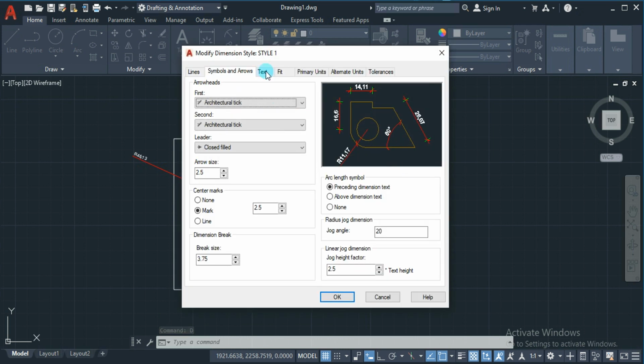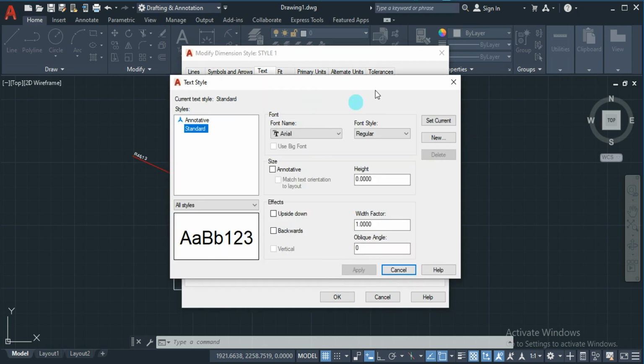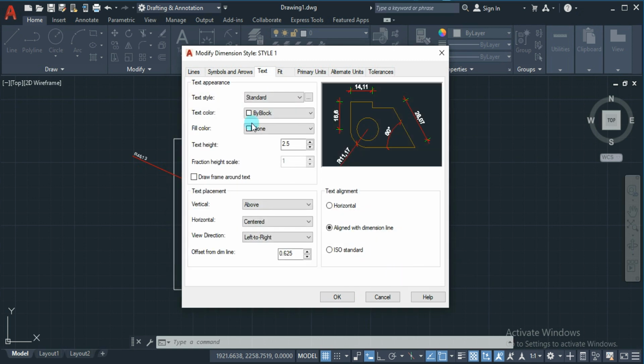and here the next option is text. Okay, so here we are going to discuss the dimension break after this one. So going ahead with text, we have the different text styles as we discussed before. You can create a new style by clicking here, or if you have created a new style, it will be shown on this list. You can apply it directly. Okay, if you want to create a new one, just click on this, and whatever modifications you need, you can do that here. Okay, so the next one is text color.